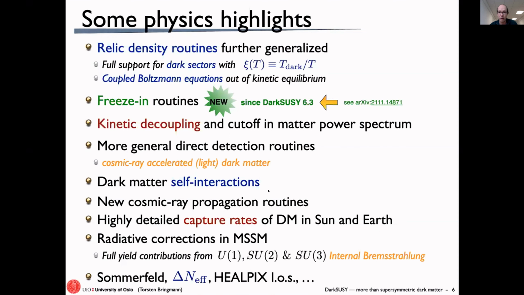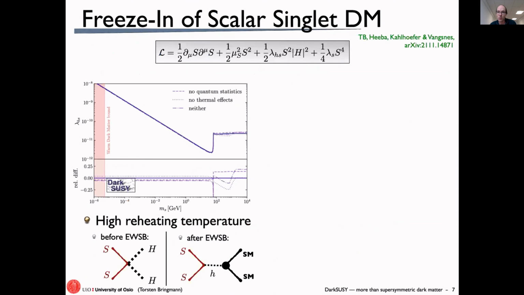DarkSUSY also allows for freeze-in calculations. Just because it's new, I have to mention it here. This is an example for a very simple application, the scalar singlet model. In this model, dark matter is a real scalar, not charged under any of the standard model gauge groups, so a singlet. And then, of course, there's exactly one dimension 4 operator with which you can couple it to the standard model, the Higgs portal. Then you have two different situations. Before electroweak symmetry breaking, it's just this 4-point coupling, and after electroweak symmetry breaking,